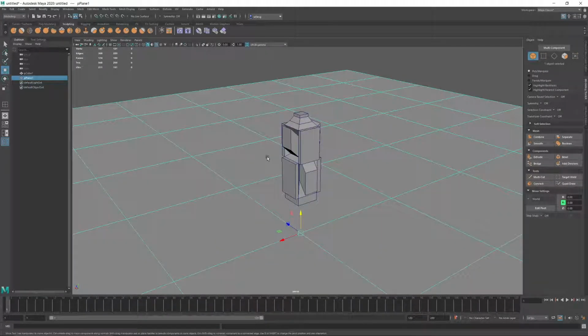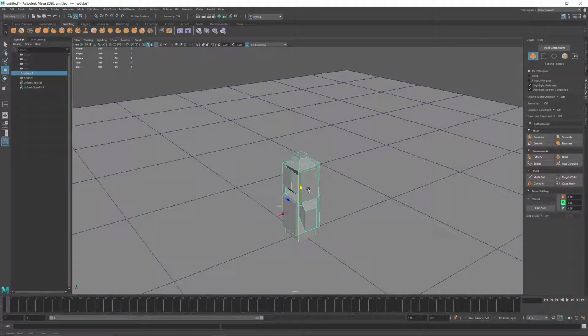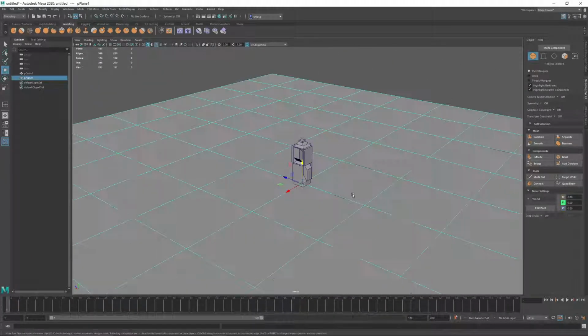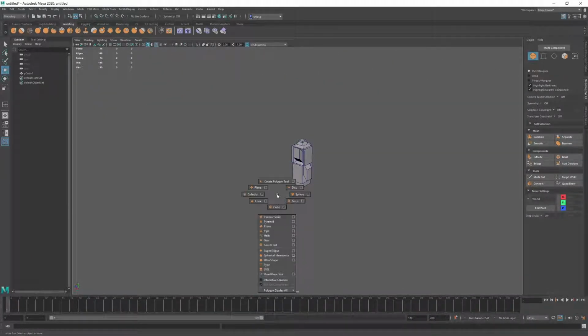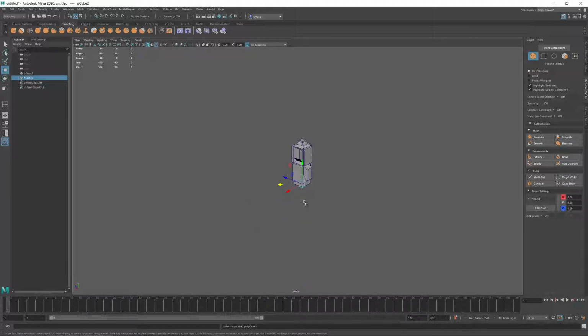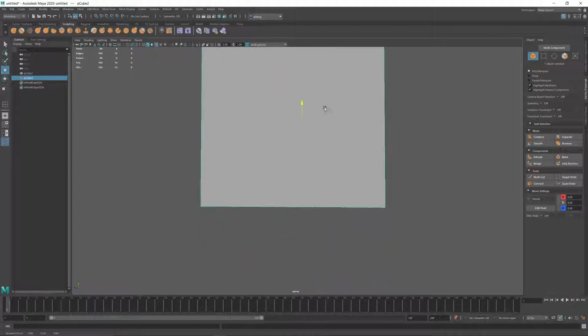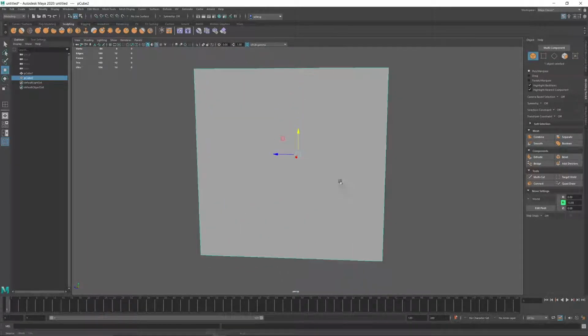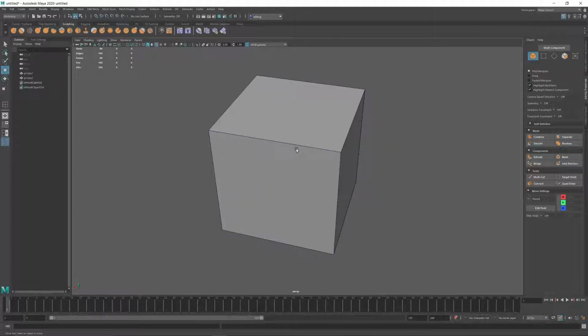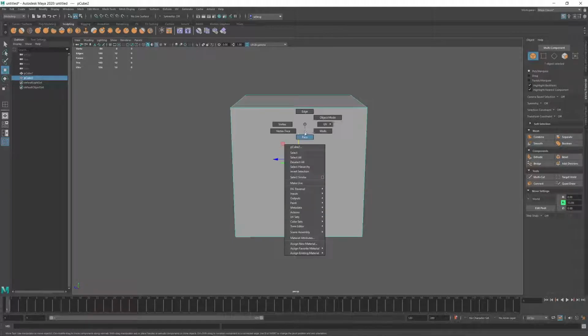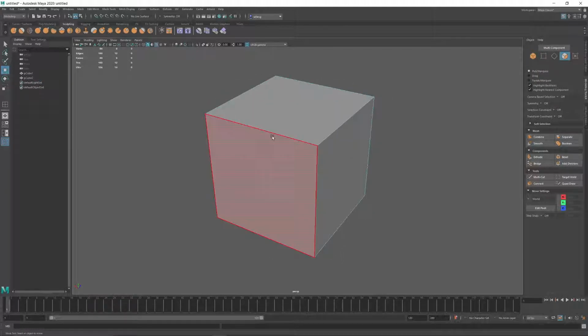The plane doesn't add much. Now, the background doesn't need to add anything per se. However, it doesn't help. So, there's a couple different things you can do. Now, this isn't the perfect way to render, but for what limited knowledge you have about Maya right now, this is an easy way to set up just a classic studio lighting. We're not going to go over lights because that's a whole beast and it takes a long time to set up pristine lighting. But we're just going to do a really simple